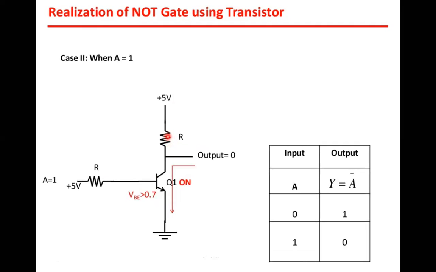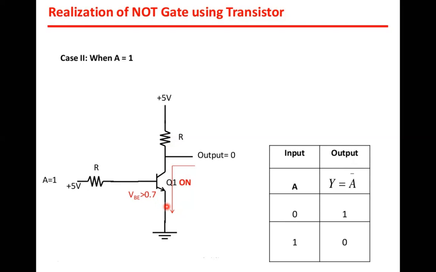Similarly, when the V input is high, the transistor is driven into the saturation region. See, one is cutoff, the other is saturation. Saturation in the sense of on state. Fully on is called saturation. Fully off is called cutoff. The region between fully on and fully off is called active.